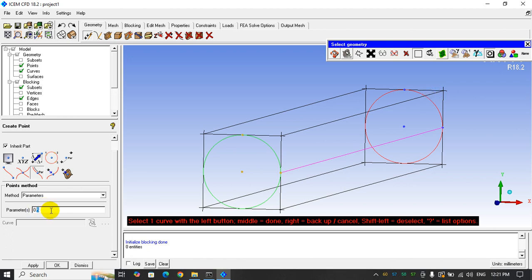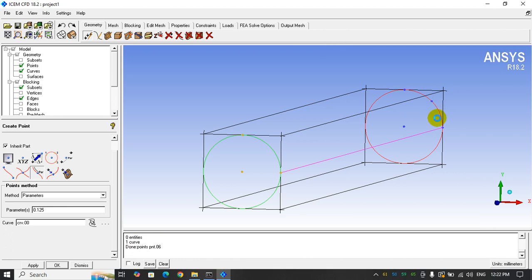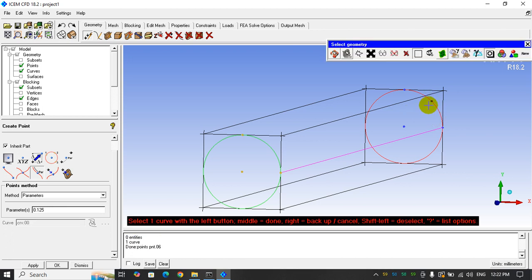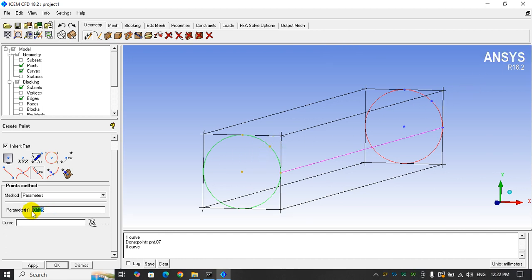So it will be 0.125, I can say, the distance out of 1 along the curve. When I put this parameter, I select this one, and you will see a point here. I do the same thing here, without cancelling the command. When I create the points, I right click to cancel, and I change the parameter to